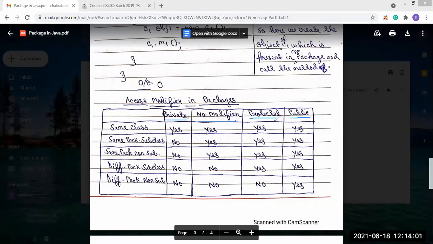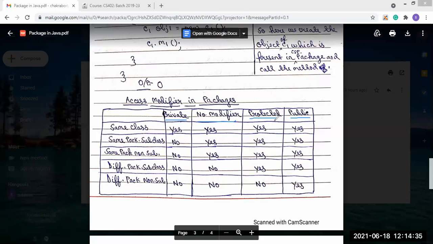And for the public access specifier, it will work in all conditions: the same class, same package subclass, same package non-subclass, different package subclass, and different package non-subclass. Everywhere, public will work.